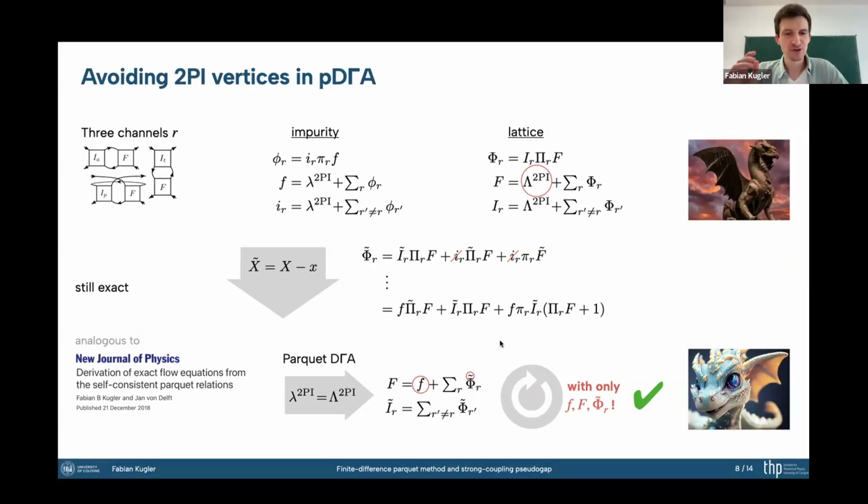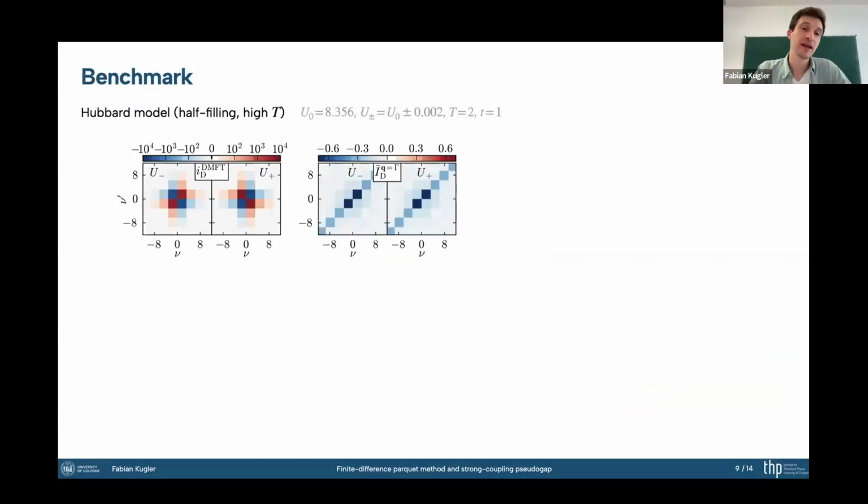All right, let's close this part of the talk with a benchmark, and that's for the Hubbard model at half filling and high temperatures. We picked an interaction value that's right at the first vertex divergence of DMFT. So the irreducible vertex of the impurity model diverges, goes up to 10 to the 4, changes sign as we are very close to this U value. But that's not a problem for our algorithm, right? We only need the full vertex. We solve these equations to generate